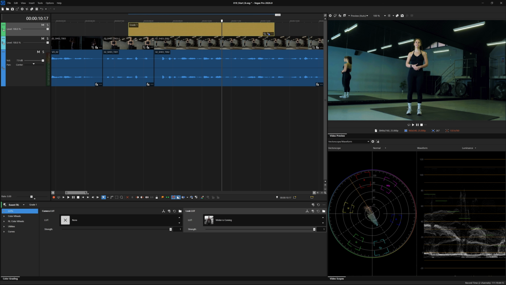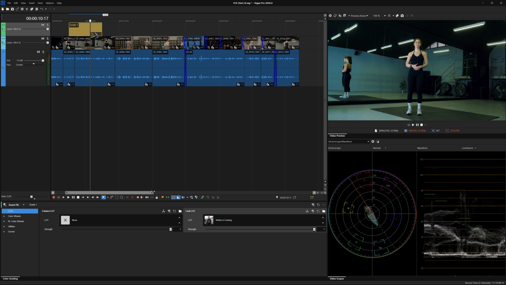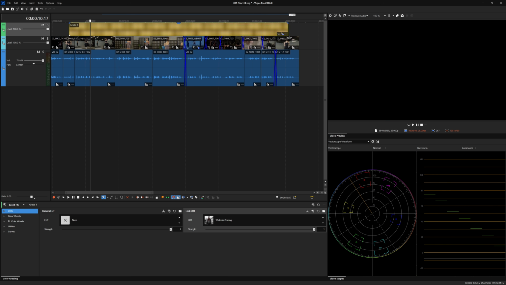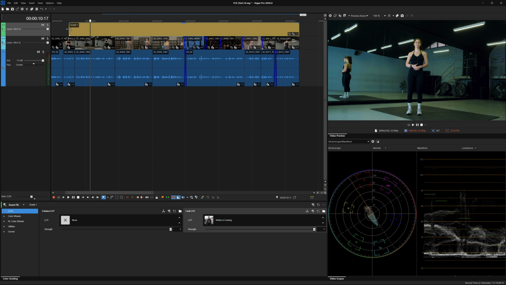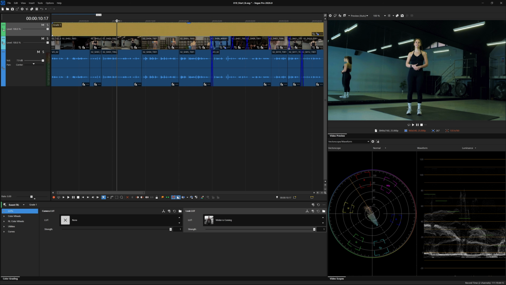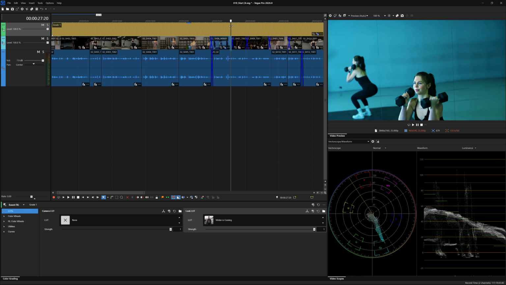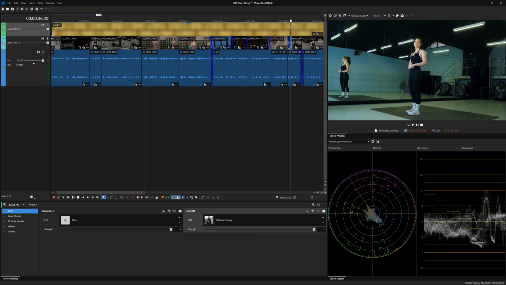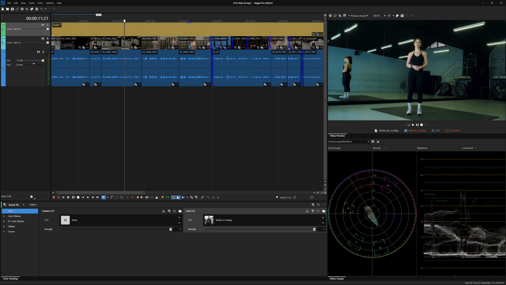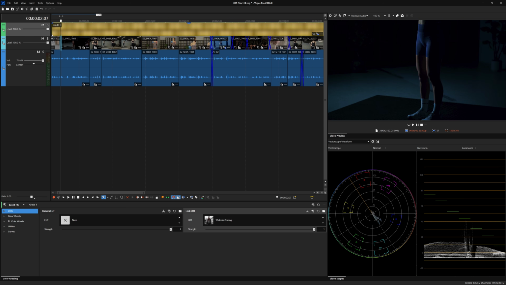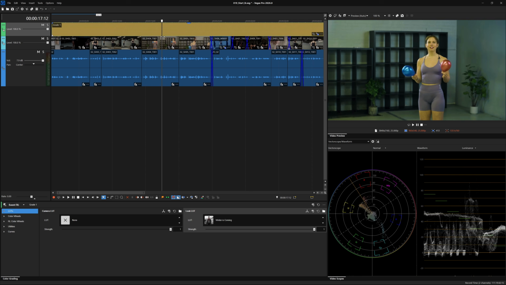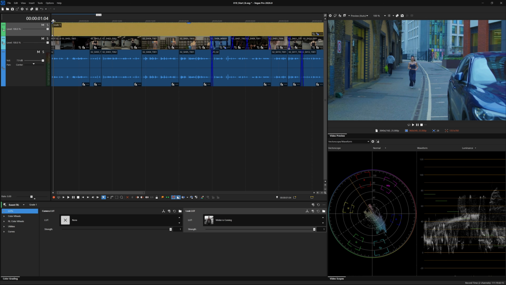This method is great for applying a look to a whole timeline or parts of a timeline. To extend the grade over other events, simply trim out the adjustment event, and it's done. Making any changes to the grade will affect all events underneath the adjustment event, making this workflow super efficient. And as for the titles and graphics, you would place them on a new video track at the top of the timeline, and they won't be affected by the adjustment event on the video tracks below.